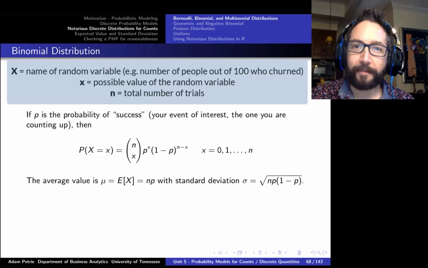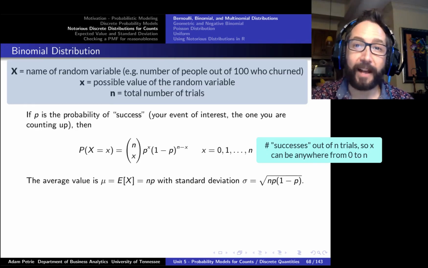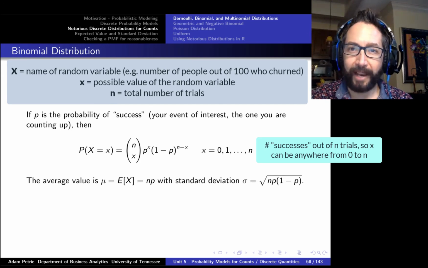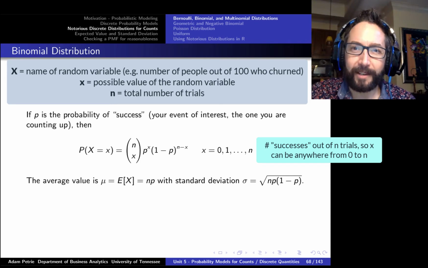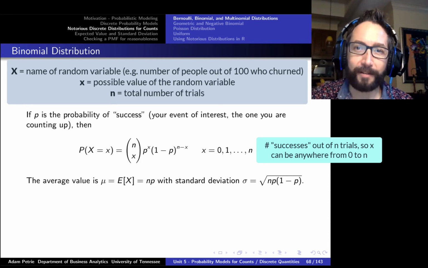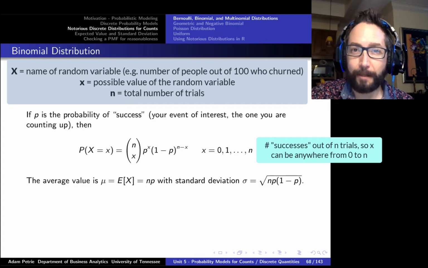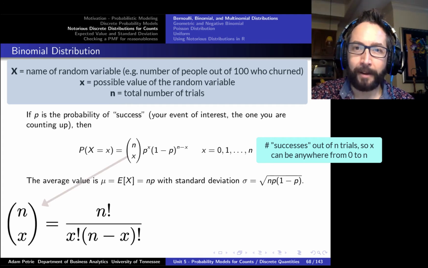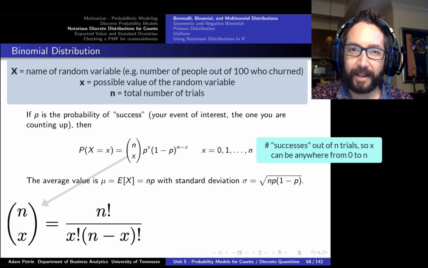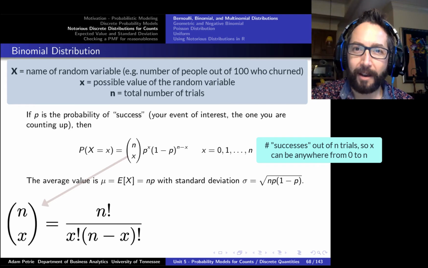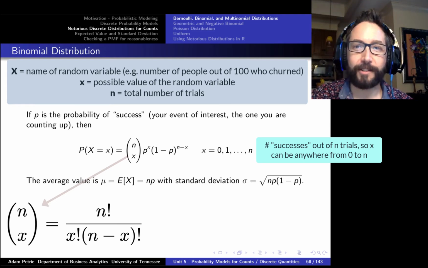So what does its PMF look like? Well, the possible values of x are going to range anywhere from 0, 1, 2, 3, all the way up to little n. We'll reserve little n to be the number of trials under consideration. Little x is going to be the number of times our event of interest occurred, our number of successes. We're going to have a formula that harkens back to our discussion about combinatorics, actually counting up something. We see a p raised to the x power. We see a 1 minus p raised to the n minus x power, where p is the probability of our event of interest occurring, a success.